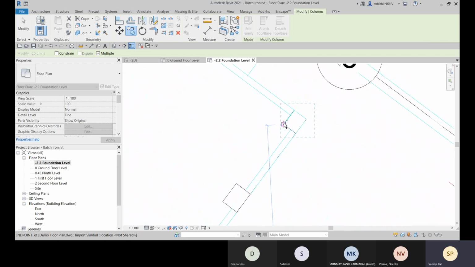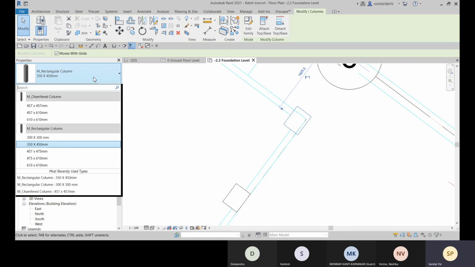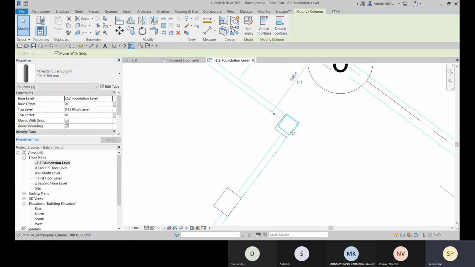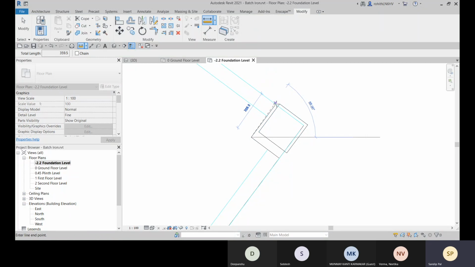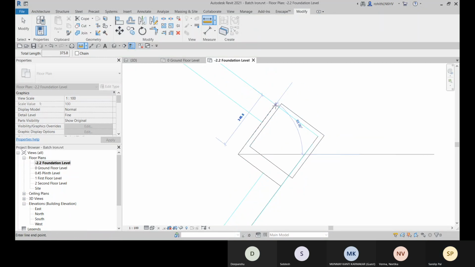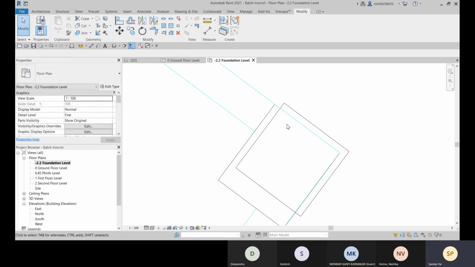All right, so here I'm also placing and I'll change this. Okay, so how you can change, select it, go for this type selector. This is called the type selector and go for this. And I don't know what is the size right now. Just let me check. So this is 350 by 300.